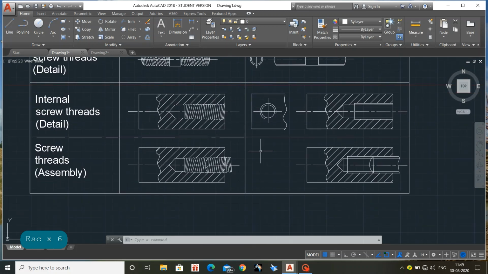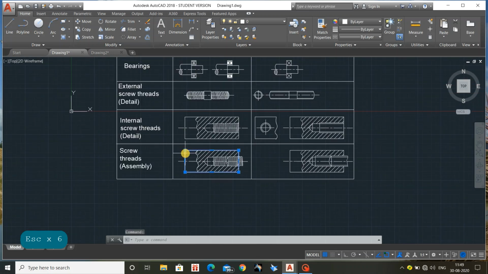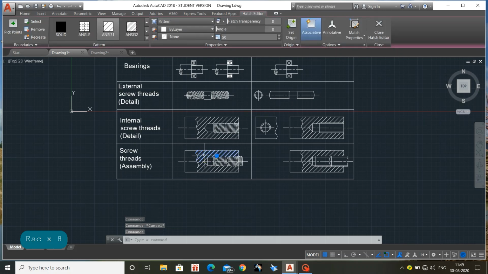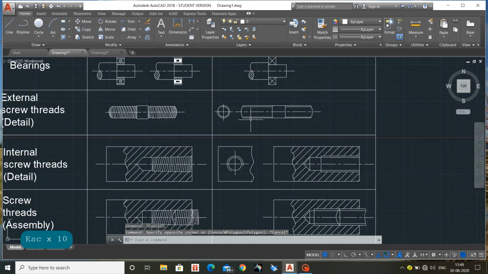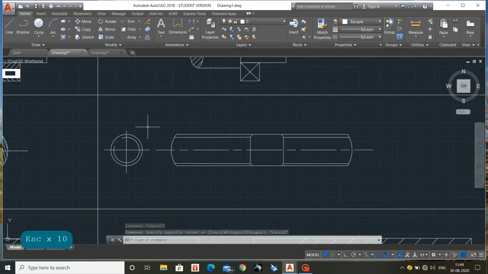Reminding all of these, we can take a rectangle and use a spline here and the hatching technique as well. Here also you can draw using circle and rectangle commands. The similar type will be the representation of the threads. I have one more point. This is the representation of thread.